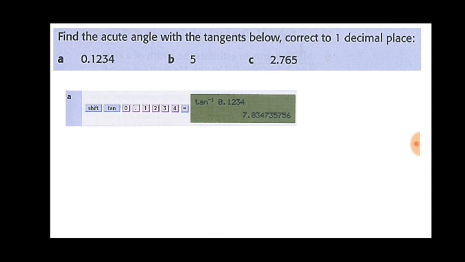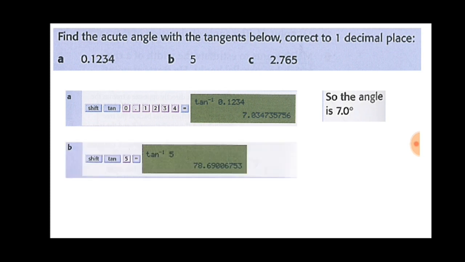tap Shift tan, which will be tan inverse, and the value in the question 0.1234 equal to, it will be 7.034 and so on. So the angle is 7 degrees. For question B, we need to find tan inverse of 5. So Shift tan in the calculator, and then 5 equal to, we will get the value as